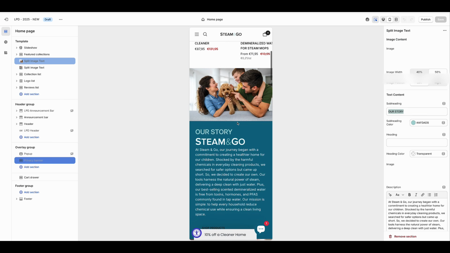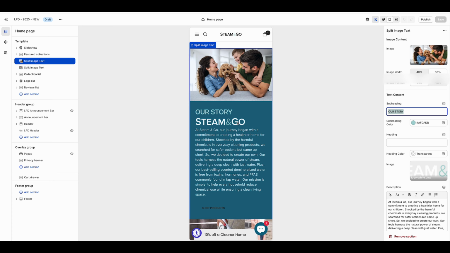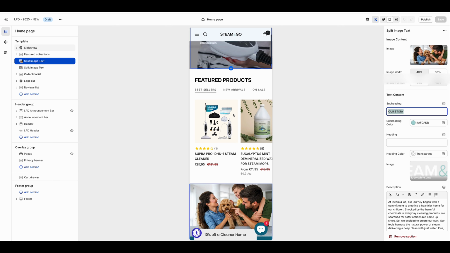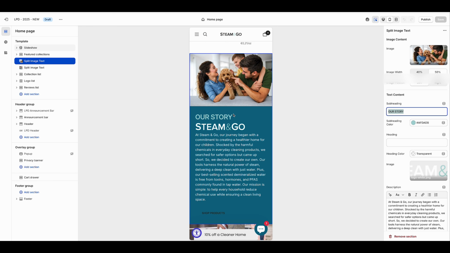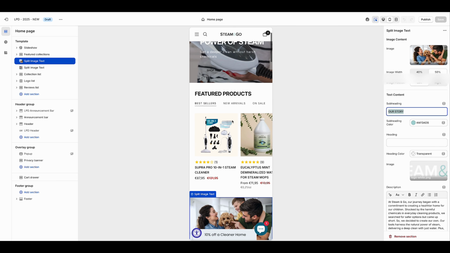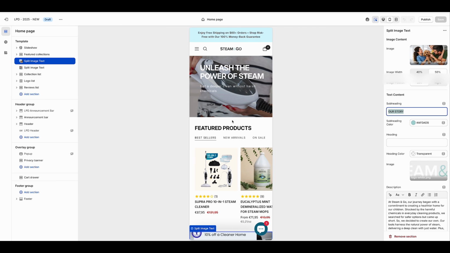Now, when you're looking at the homepage, you have to be looking at it as a launch pad. Users are coming to your homepage to get to their destination as quickly as possible. For that reason alone, this Our Story section should not be where it is right now. The hierarchy of the homepage should be getting shoppers to where they want in different ways. If it's by best sellers, if it's by new collections, if it's by what's on sale, your homepage has to be like a highway, and users are going to take the path they want to where they want to go